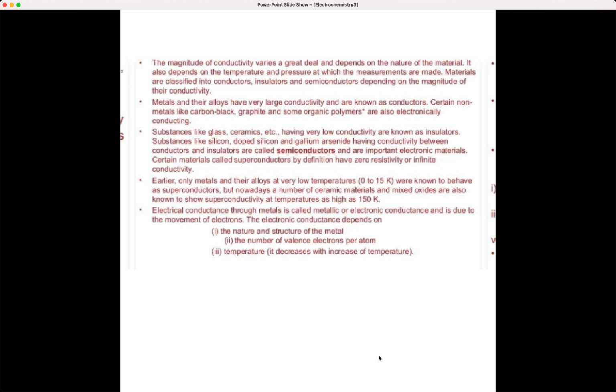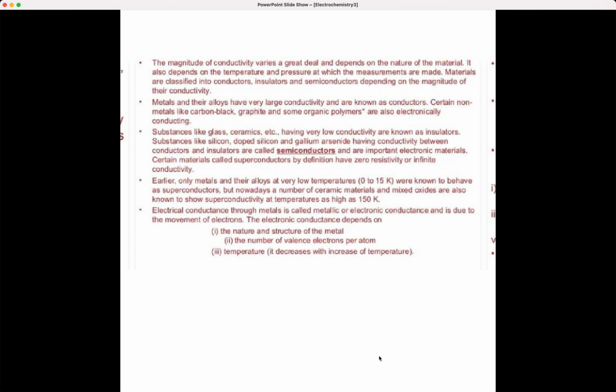And non-metals like carbon black, graphite and organic polymers, these are also electronically conducting. Just for refreshing what happened in our last class, that is why I am just going through this briefly and quickly. Then you know, substances like glass, ceramics, they have very low conductivity, because of that they are known as insulators. Then silicon, doped silicon, gallium, they have conductivity between conductors and insulators. So these classes of